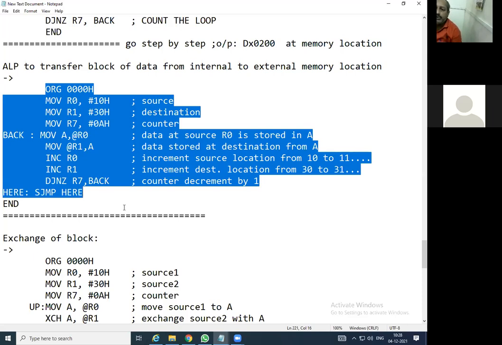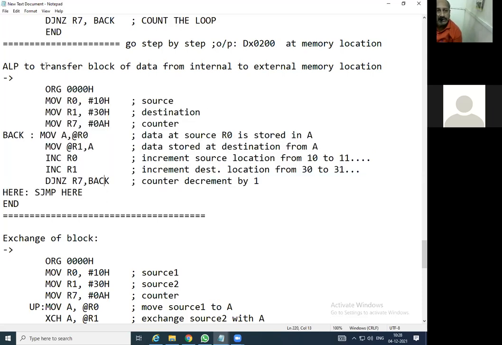Before that, we should remember the algorithm, that is, how it can be done and what logic we have to apply while writing the code. All the comments I have written over here, so it is very easy to understand. As usual, the code starts with ORG 0000H.